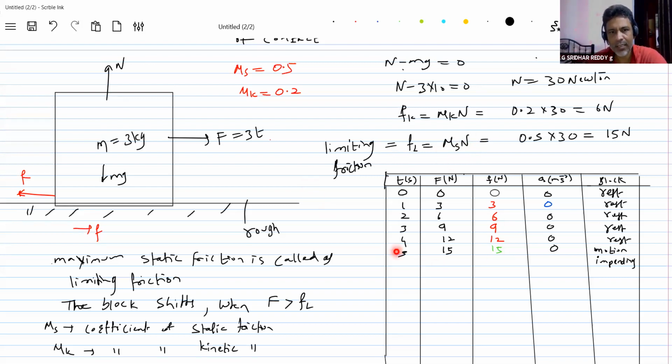And now, let's take t equal to 6 seconds. What will happen? Let's see that. T equal to 6 seconds I'm taking. What is the applied force? 18 Newton. Then what friction will act? There's a relative motion because the applied force is greater than limiting friction. The applied force is now greater than limiting friction, you check it. Then the block will start to accelerate. So as it accelerates, then